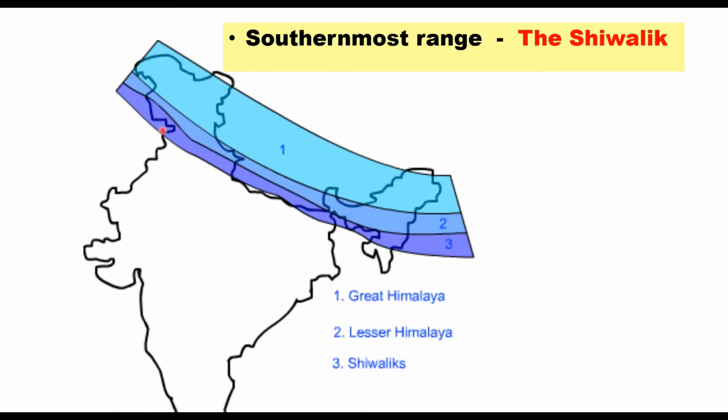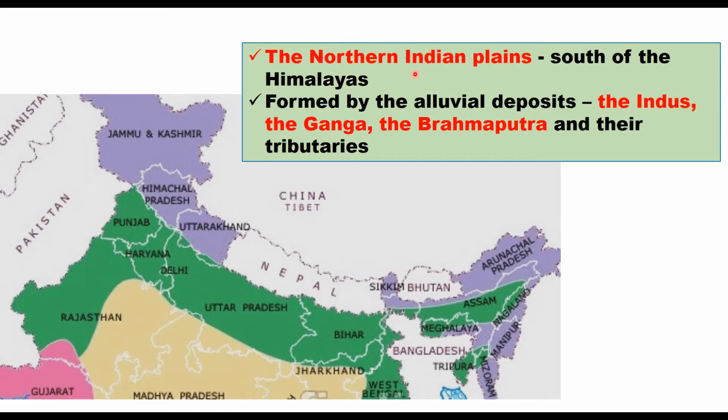The Shivalik is the southernmost range. You can see here the southernmost range, the Shivalik. The northern Indian plains lie to the south of Himalayas. You can see this, the green color is the northern Indian plains. They are formed by the alluvial deposits laid down by the rivers, the Indus, the Ganga and the Brahmaputra and